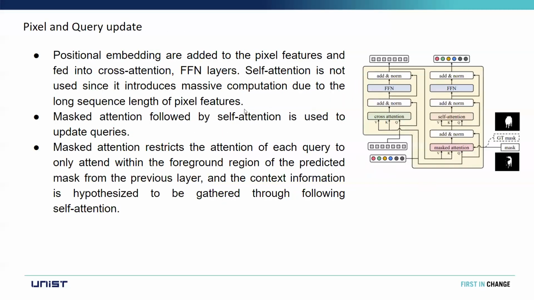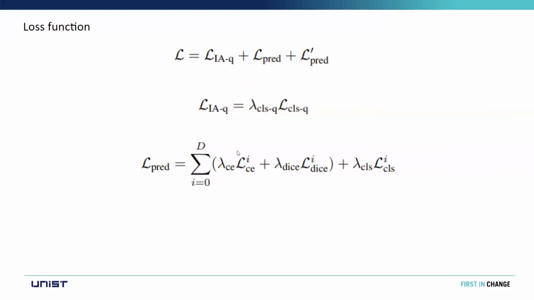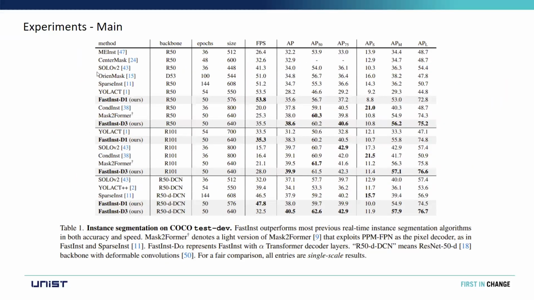So yeah, now we go to the experiments. So we have D1, D3. This D1 stands for 1 decoder layer, and this stands for 3 decoder layers. And as can be seen from the results, that we